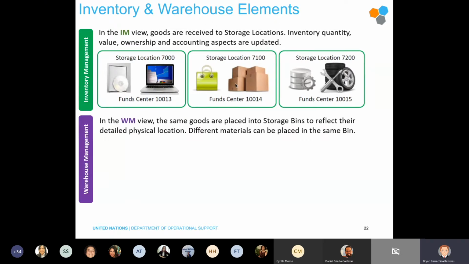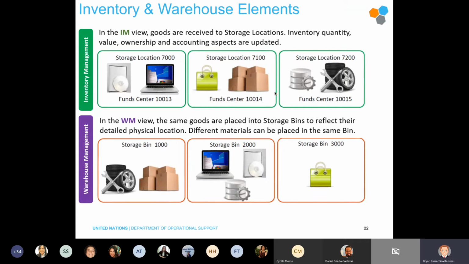But when we go into our warehouse management side of things, just because they are purchased through one fund center or one specific storage location doesn't mean that they can't be put away in a storage bin separately. So for example, we have our storage location 7100 with the boxes and our storage location 7200 with our tires, but they're in a bin called 1000. When they're being received into our inventory, they belong to a specific storage location, but in the warehouse, they belong to the same bin. I hope these concepts are clear here. If I hear no questions, to me they are. I know this is a lot, but